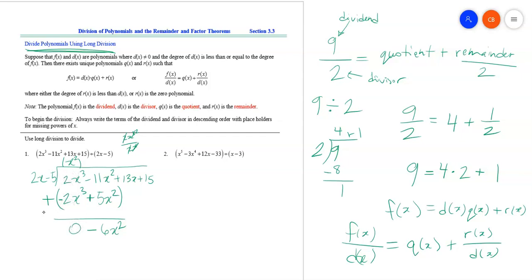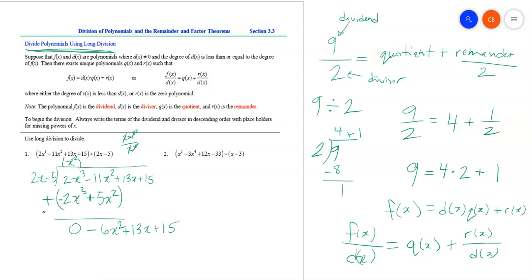So when you add these, you'll get 0. When you add these other ones, then negative 11x squared and the 5x squared, you will get negative 6x squared. And then we're done with the first step. That's how the polynomial division is going to go. And then we're considering this thing as basically being the new leading term, because we already canceled the old one. And so what we would do is just bring down what's left over